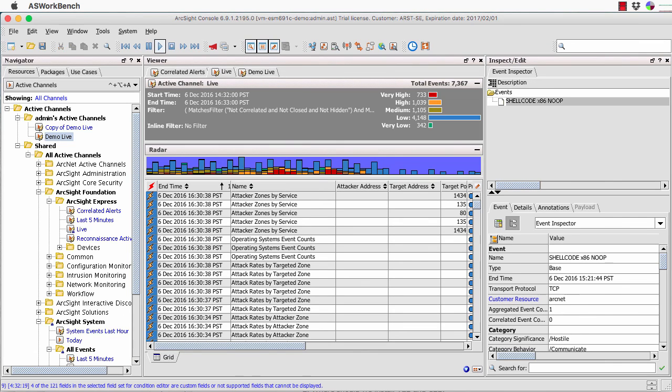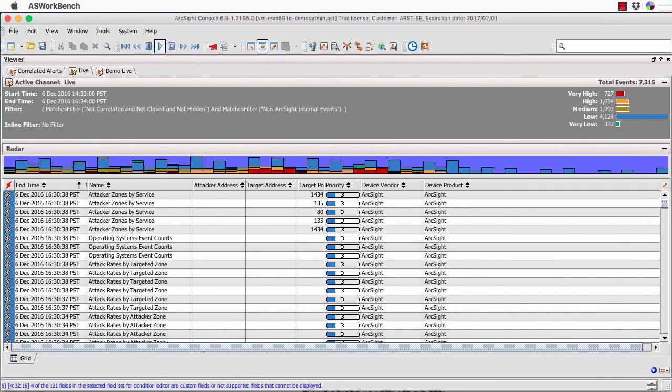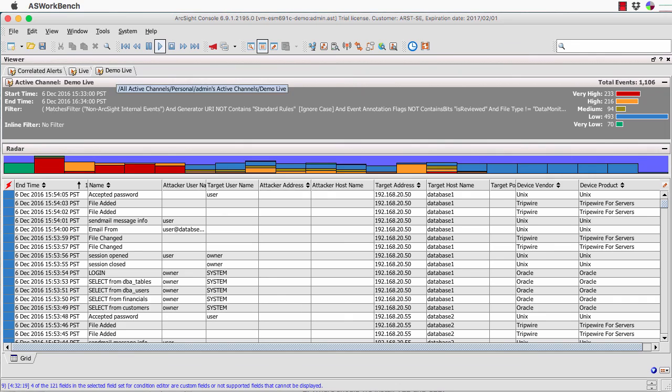But what I'm going to do is go back to my active channels now. What we can do is define a filter, as we saw in the inspect edit, or we could just do an inline filter. So let's start with the inline filter. I'm going to go to that particular demo live channel